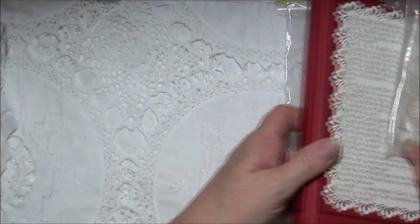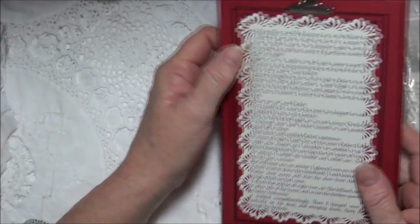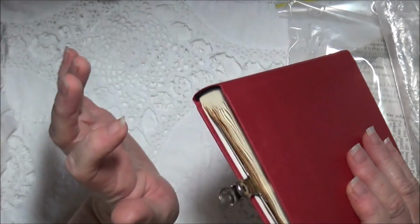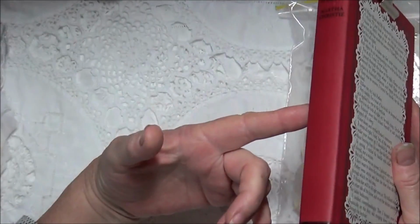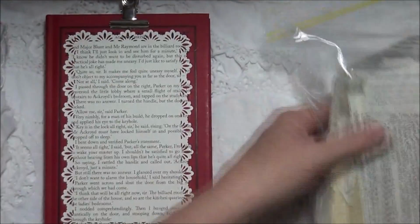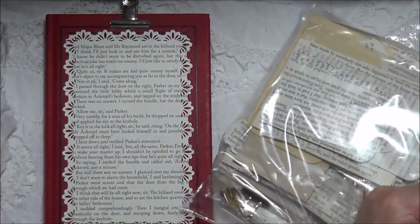And then a little bit ago, I watched a video by Crafty Irene on an altered book, and so I found a book which I showed in last month's thrifting video, and I have started altering it. I've taken all the pages out, and I've made all these things with the pages that I took out. I've made